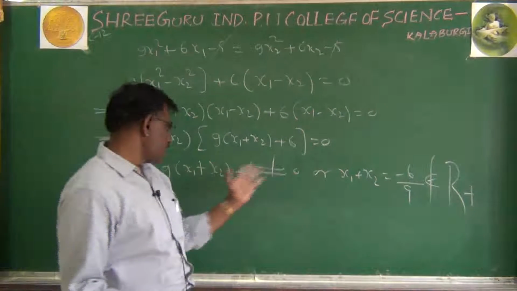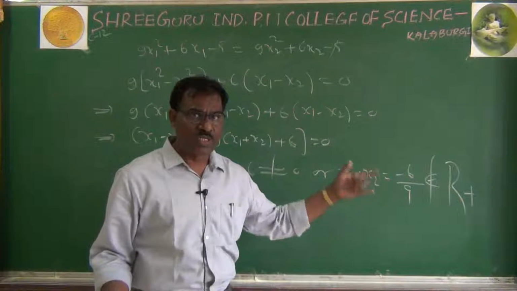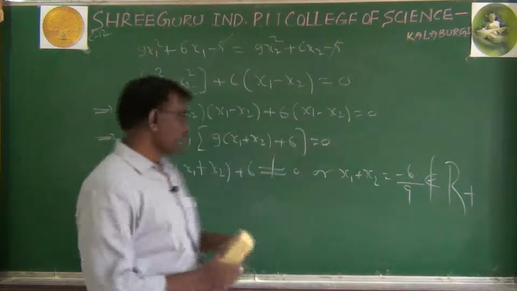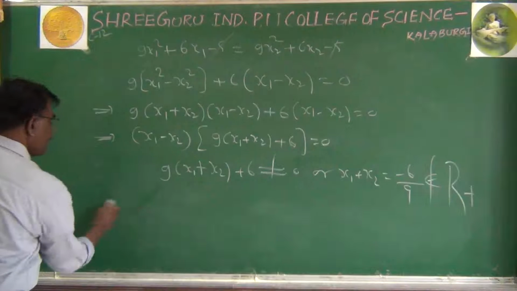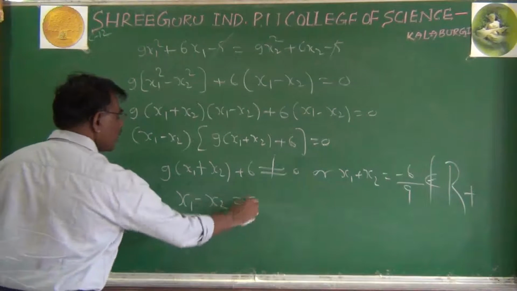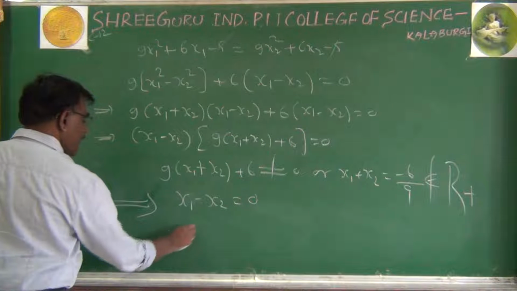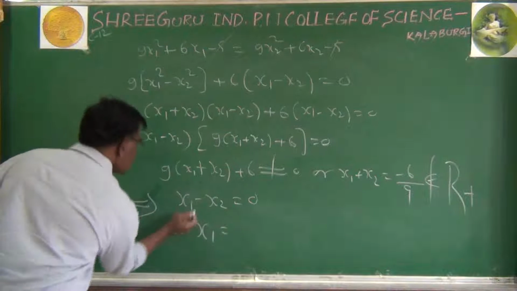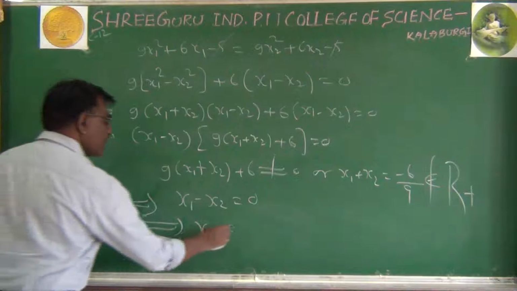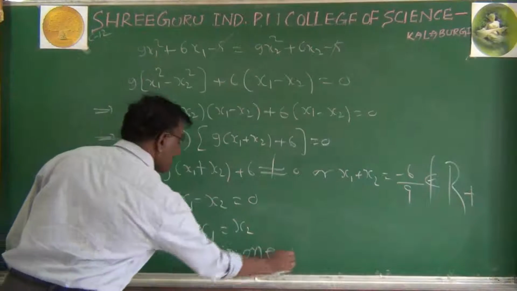Or x1 plus x2 equal to minus 6 by 9 does not belong to R plus, because I want a positive real number. So therefore it implies x1 minus x2 equal to 0. So x1 equal to x2, therefore f is